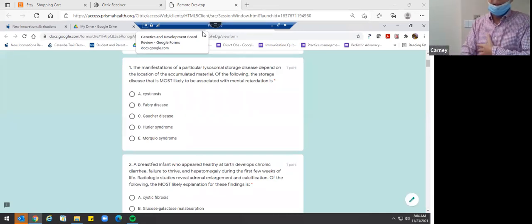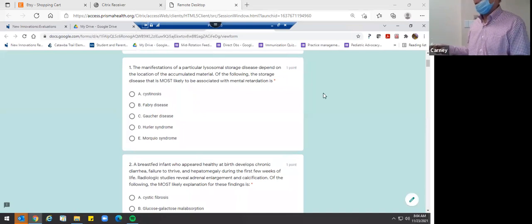Gaucher's, once again, involves spleen and bone, but is not a brain problem. So you need to get in your mind the lipidoses, the fat ones, which are Gaucher's and Fabry's, et cetera. And then you've got your mucopolysaccharidoses and the ones that involve the brain. Now, Hunter's, if that had been there, that would have been an answer. Hunter's and Hurler's, and there are many of them, but Morquio is one of the ones